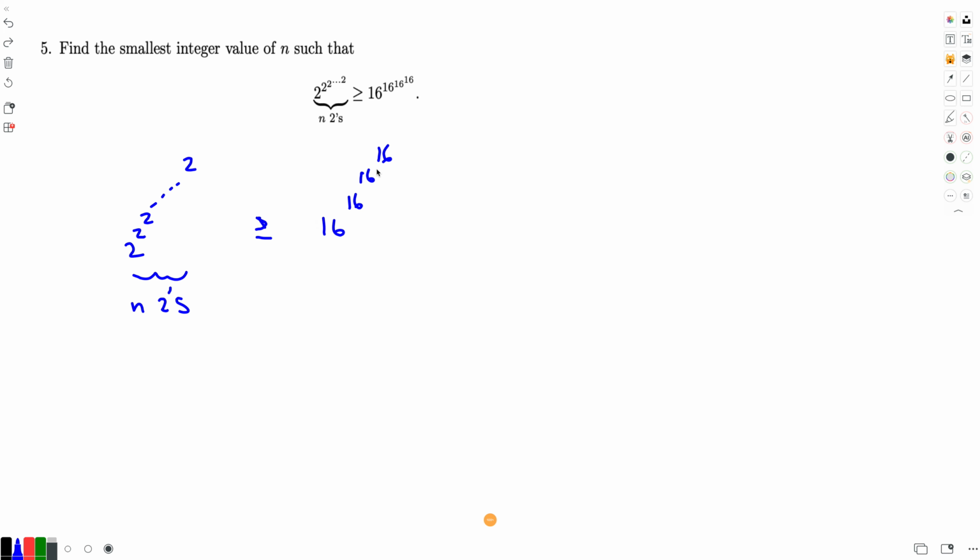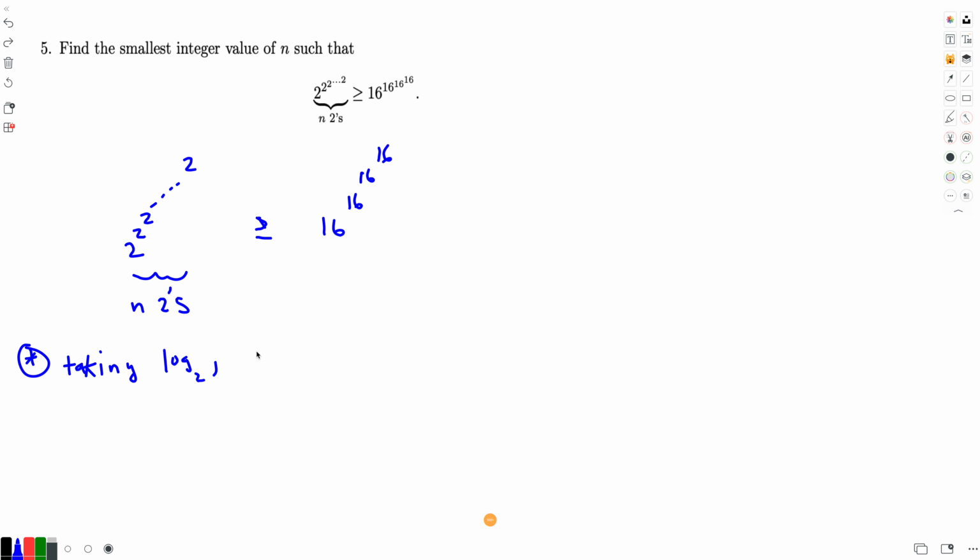Okay, so when I see a tower of powers, what I want to do is take a logarithm, right? Because a logarithm will simplify it, because if we take an appropriate base logarithm, the exponent can jump out, and then we can simplify it a little. So taking log base 2,